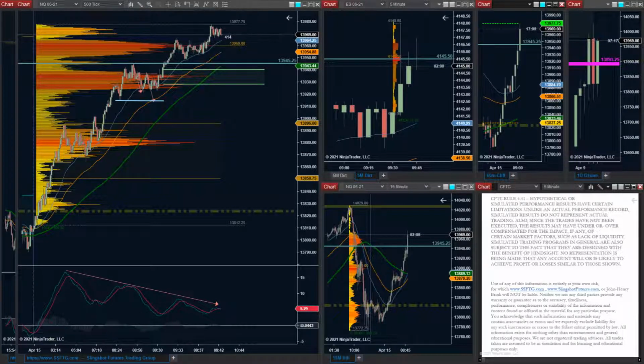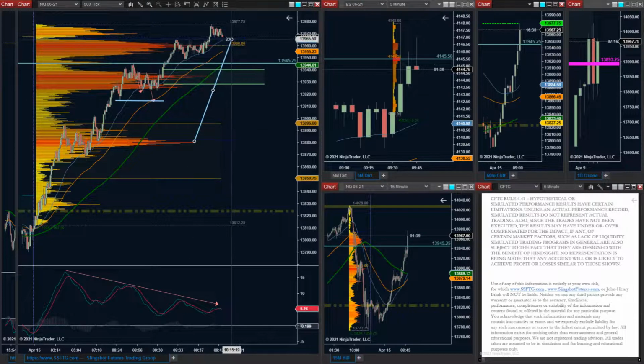Because if this loses its footing, all of a sudden we go from 13,960 all the way down to the Euro session lows, and we're down at 13,800. We've seen it happen over and over again. So when you have this type of situation, what it creates is the mentality that the next pullback that does happen is likely going to be a lot deeper. I don't want to be an L1 buyer anymore. I want to be an L2 buyer. I want to be a little bit further down. The L1s, they're overextended. It's kind of jobs done. And we're seeing that on the volume, by the way, as well.